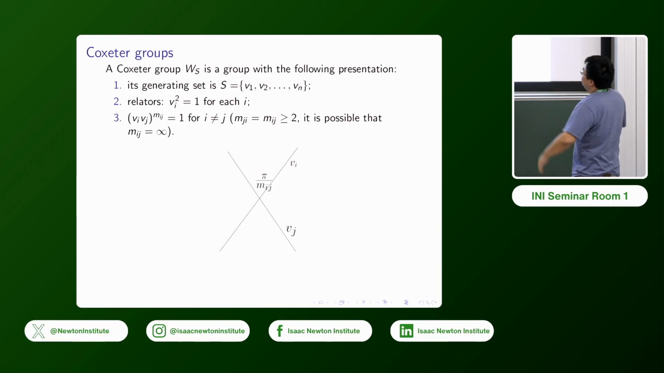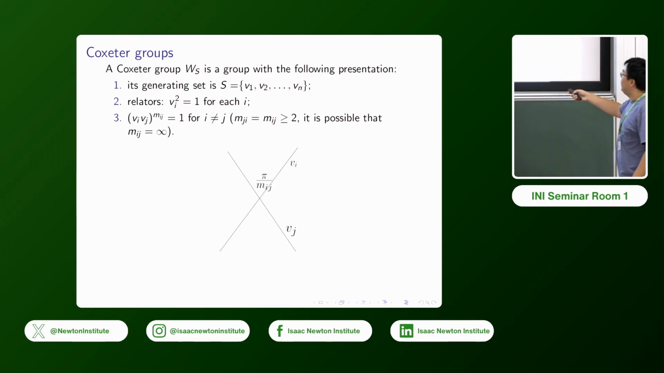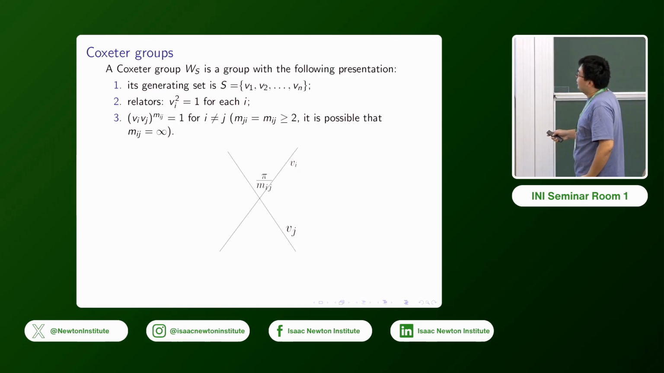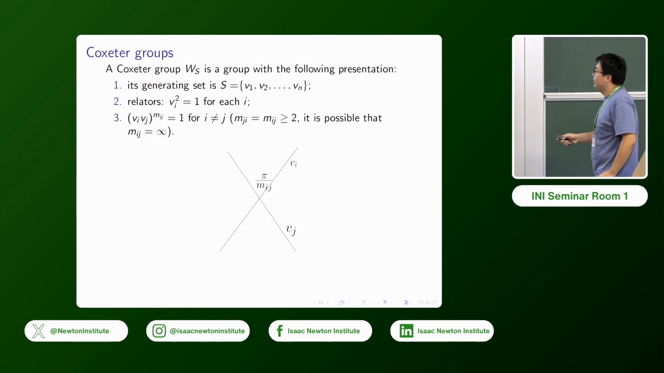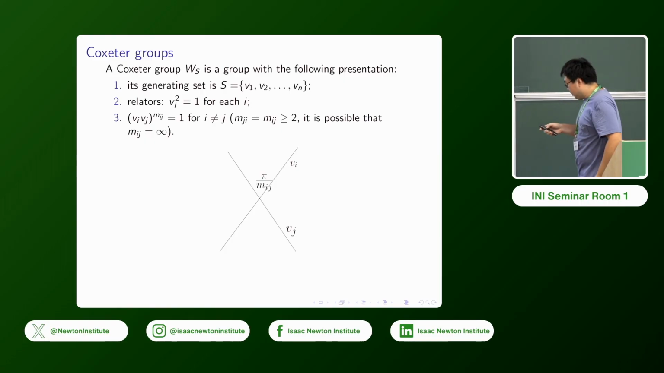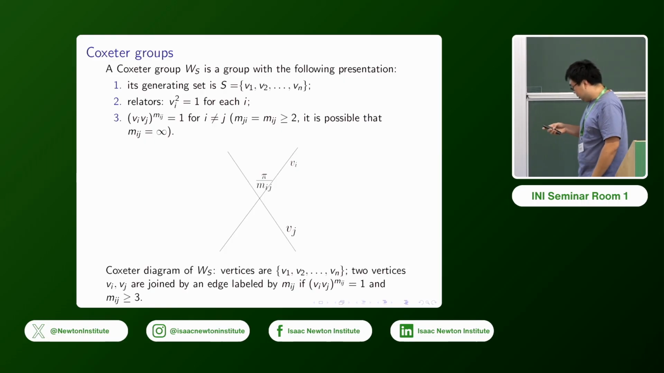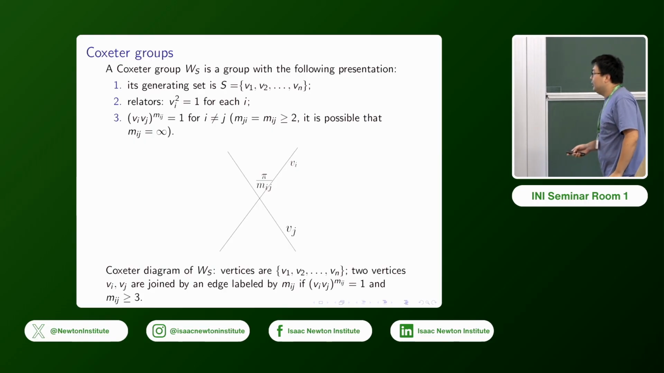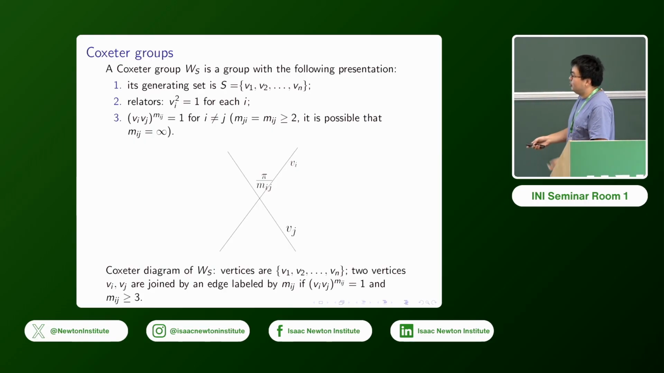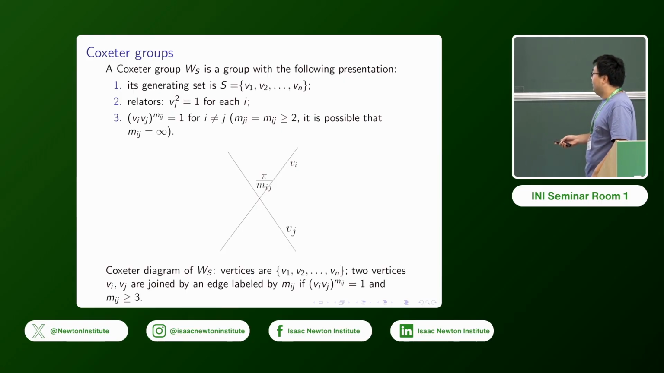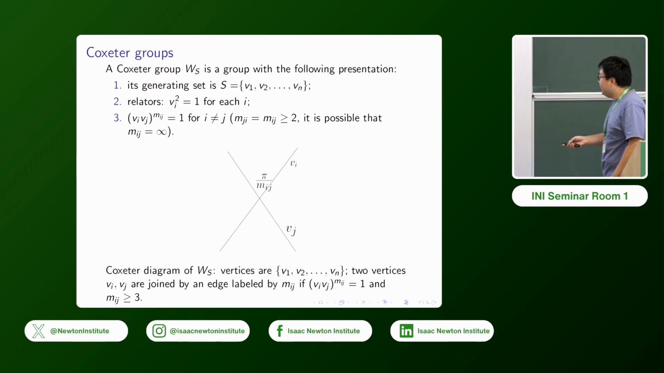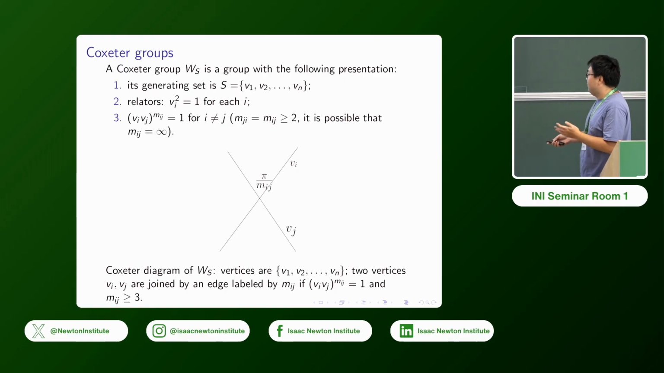If vi is a reflection along this line and vj is a reflection along the other line, then (vi vj) to the mij equal to 1 just means the dihedral angle between them is pi over mij. Okay. So that's the definition of Coxeter group. And then I want to introduce a convenient notation for denoting a Coxeter group called the Coxeter diagram. So the Coxeter diagram is just, I want to encode the presentation. So the vertices correspond to the generators, and then we say two vertices are joined by an edge labeled by mij if I have this relation with mij